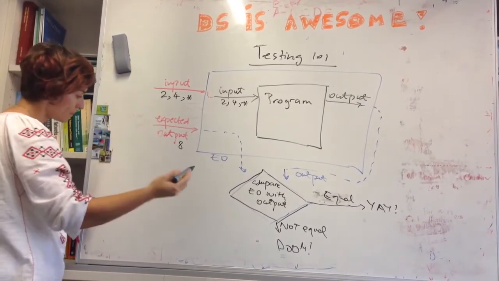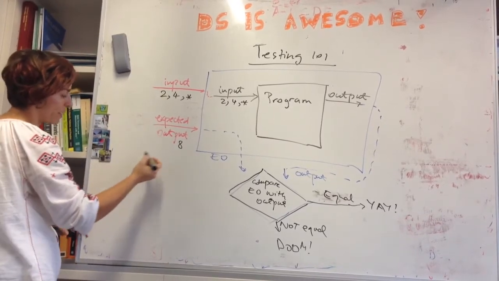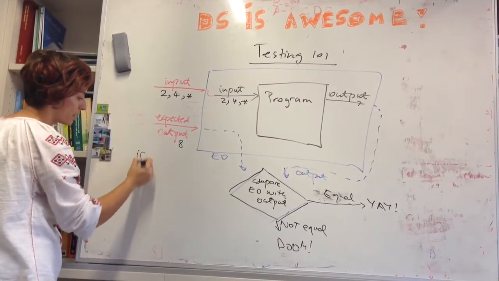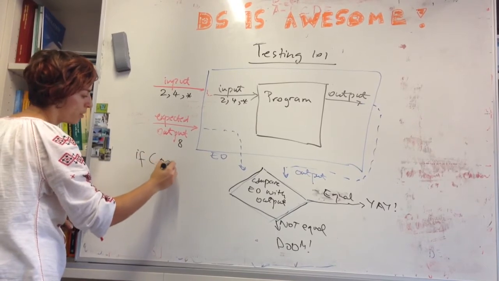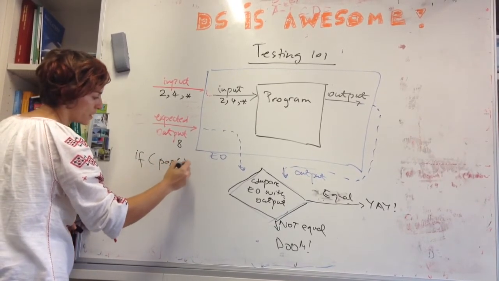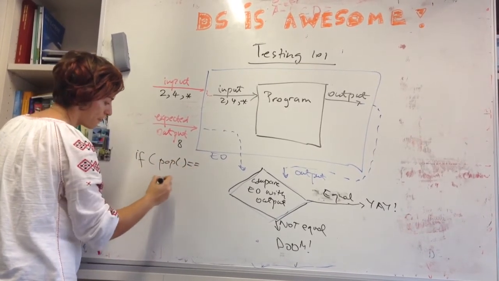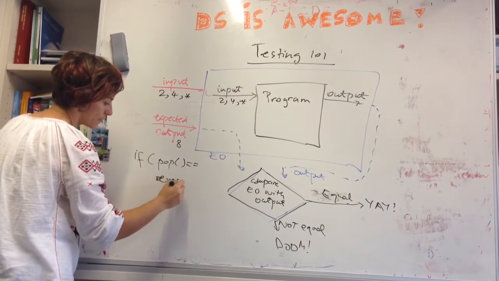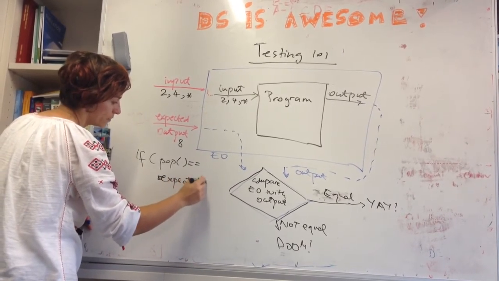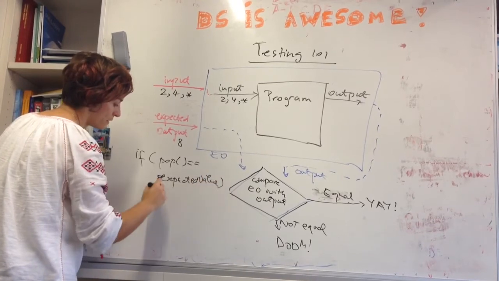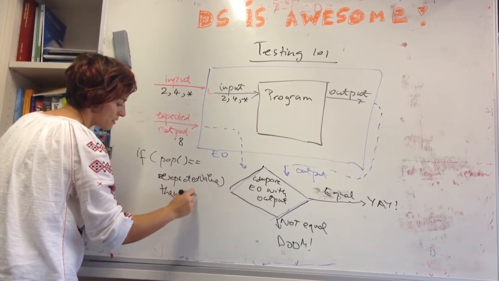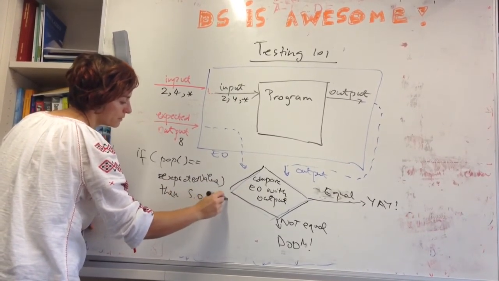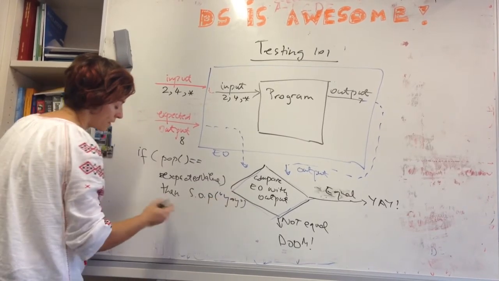This can be in your Java program just as simple as: if pop is, let's say, equal to the expected value, whatever that one is, then System.out.println yay. Otherwise,